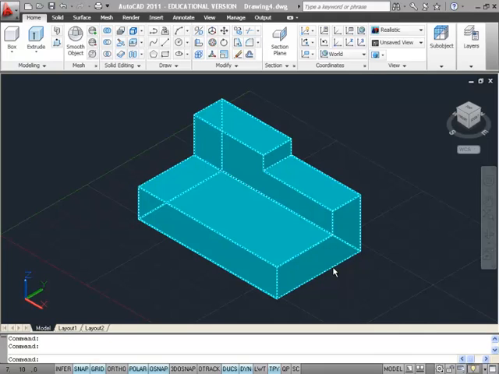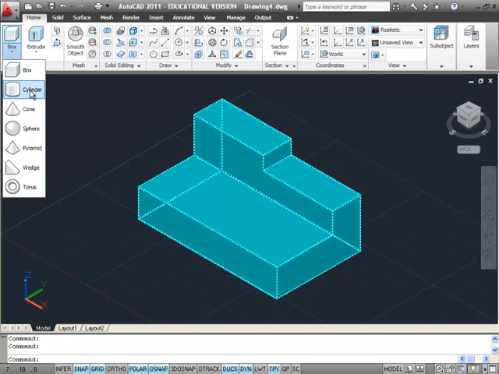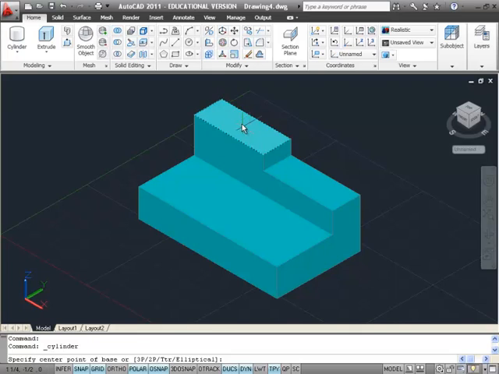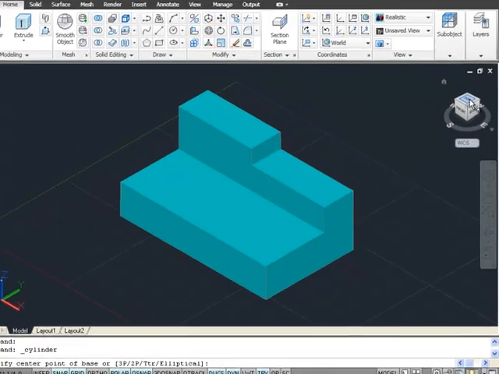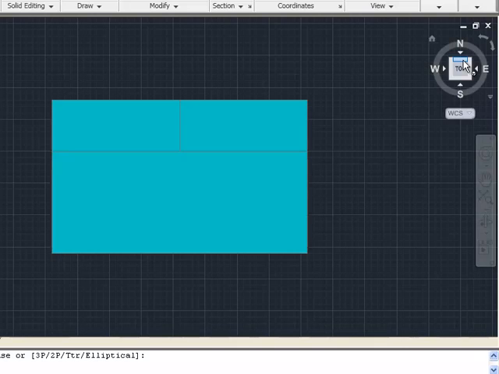Alright, now we're ready to draw some cylinders that we'll later subtract to create holes. To access the cylinder command, we'll just click on the little down arrow below the box command, and that should show us the cylinder command. And actually what I'm going to do is draw this cylinder. I'm going to start it in the top view,